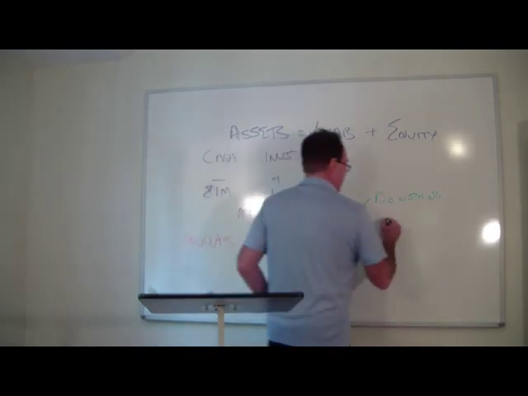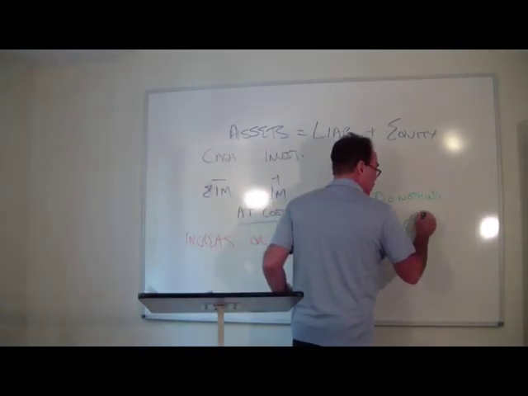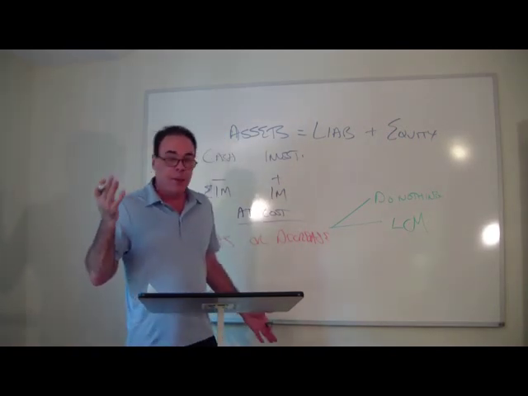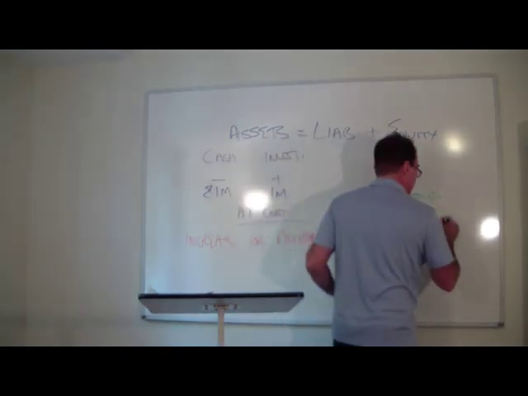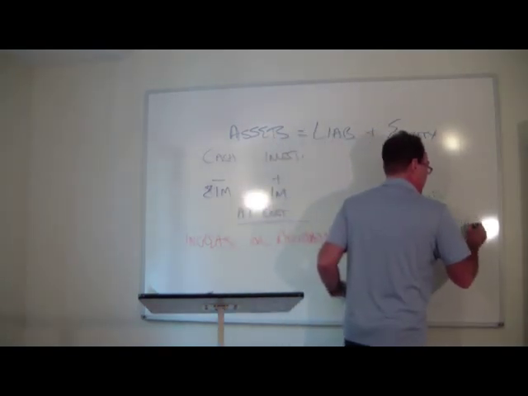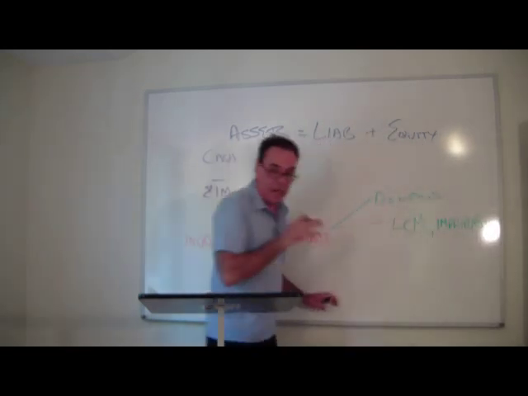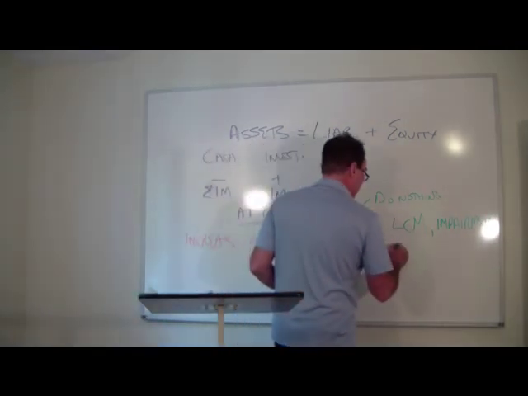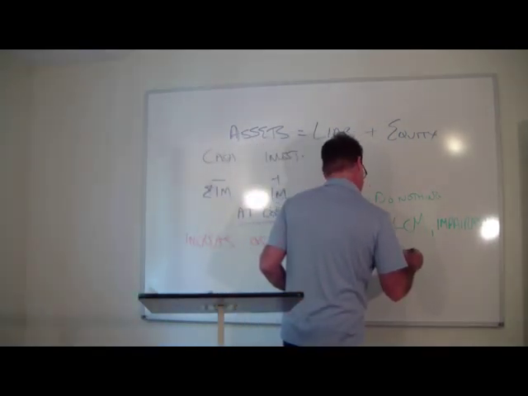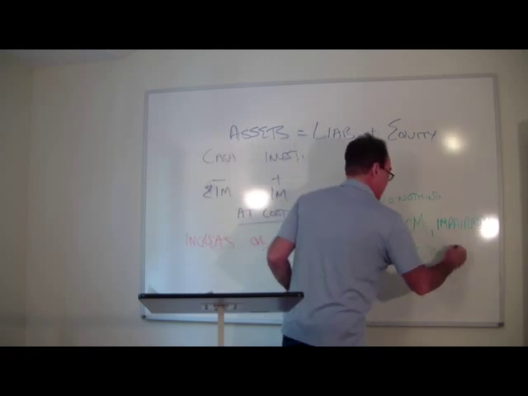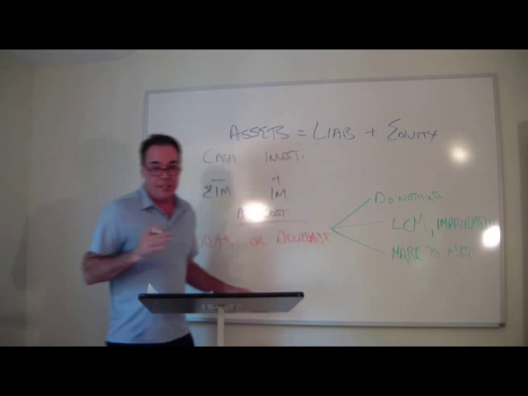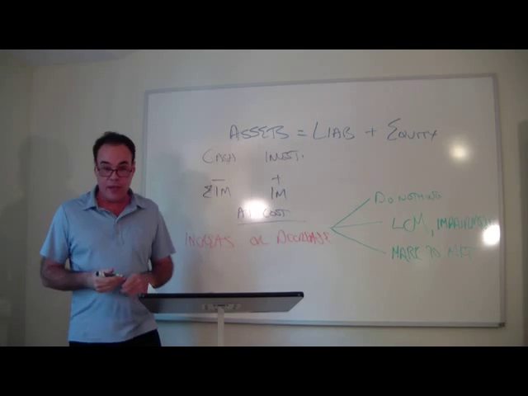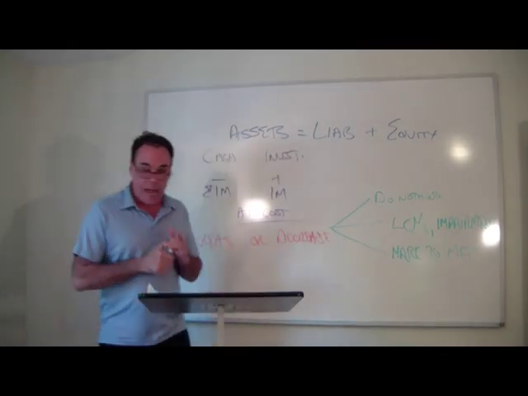And so you might have something like lower of cost or market as one approach to that, or we have another kind of asset measurement called an impairment test. And if we look at an impairment test, basically we're saying, has the value of this gone down? Well, then it ought to be written down. So that's possible. Or we could have something like mark to market. And mark to market means, well, if it goes up, we write it up, and if it goes down, we write it down. That's what we record it at, whatever it's valued at. I mean, there are lots of issues that go with this.